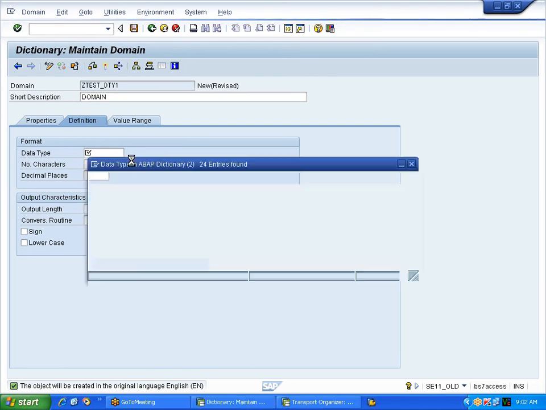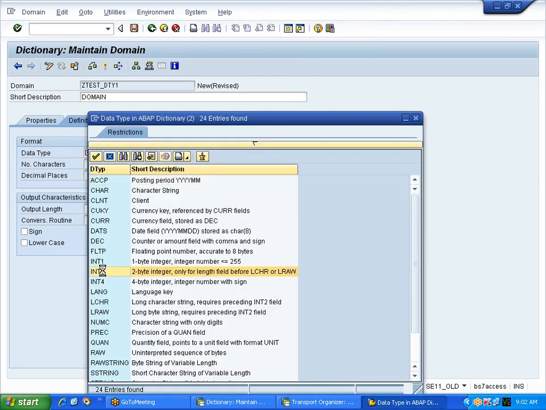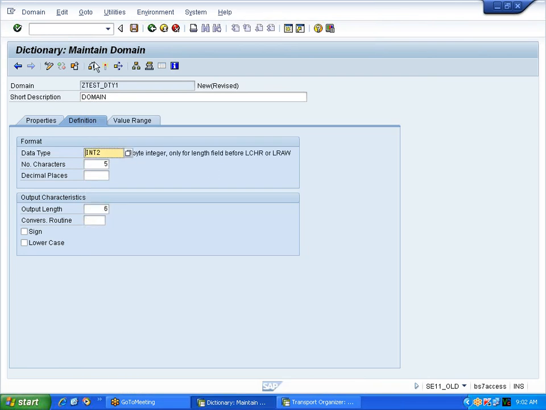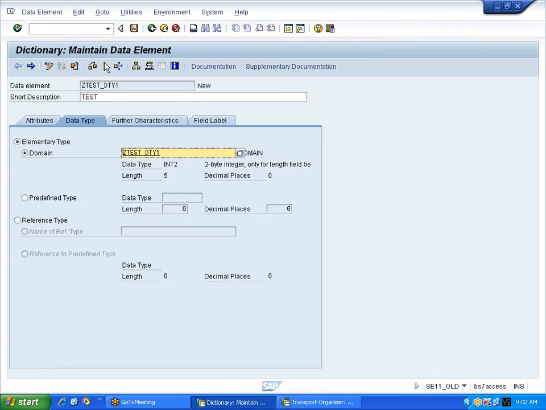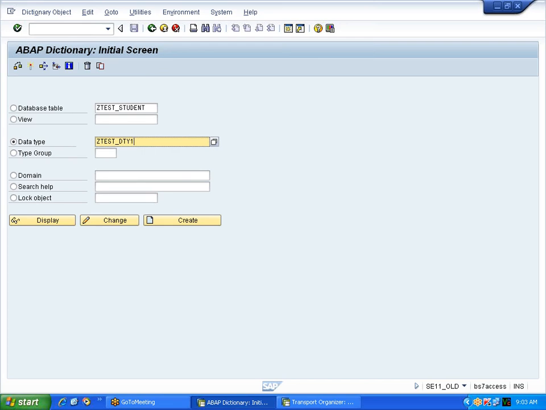Data type, you can select from the list which is available here. So one data element is ready with me, okay, which is of integer 2. Data type is integer 2 and length is 5. So in my table, if some particular field wants integer 2 of length 5, I can use this data element. No need to create it again. Okay, sir. In any program? Yeah, in any table you can use this data element. Once you create a data element here, then the next one,